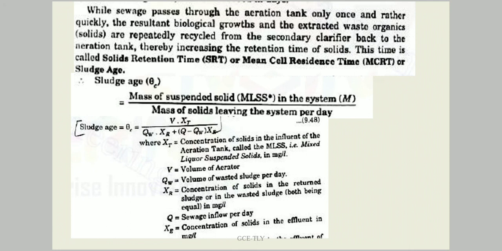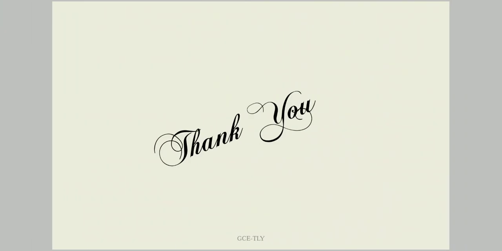So these are the design considerations while we are going to design an activated sludge treatment plant. So far we saw the activated sludge process, what the treatment units present in the activated sludge process are, and then the various design considerations in this video. In the next video we'll be seeing the next method of secondary treatment, which is secondary sedimentation. We'll see about that in detail in the next video, and thank you for